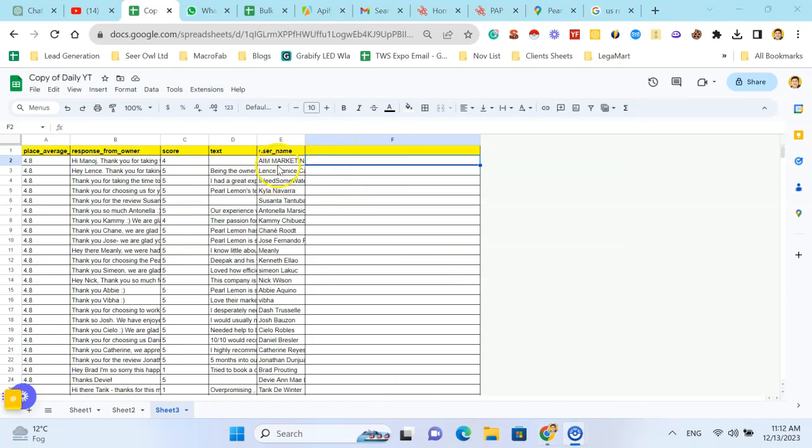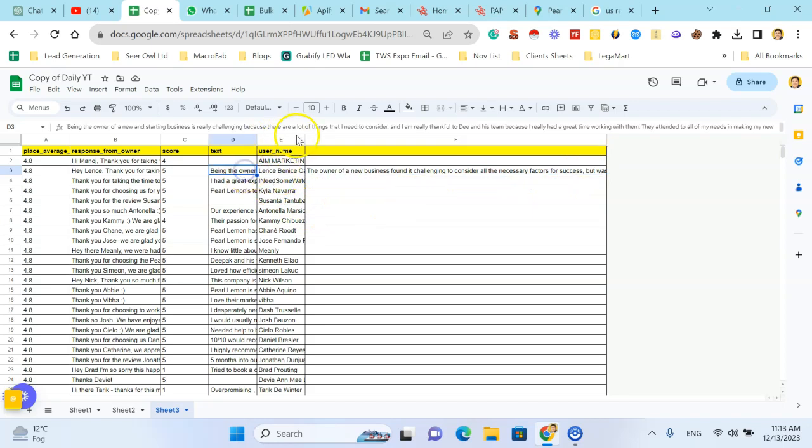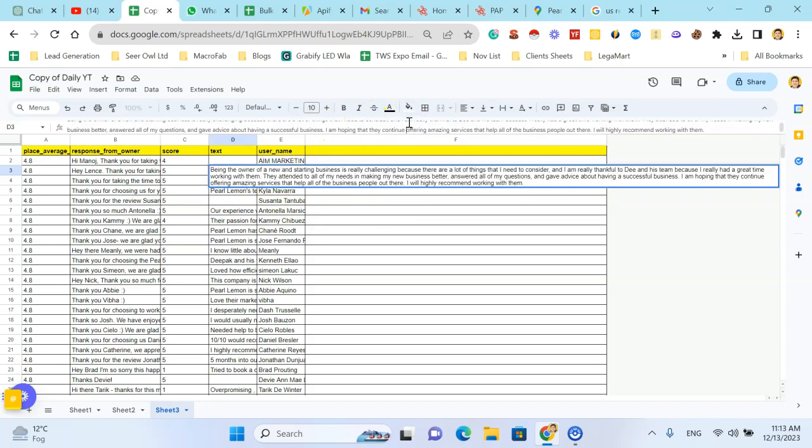First of all, I want to summarize this review. Here I am using the GPT function, and the GPT function is GPT summarize here, and select the review, close the bracket. Let's see the response of GPT. Okay, the owner of a new business found it challenging to consider all the necessary factors for success. Okay, here the person explained,